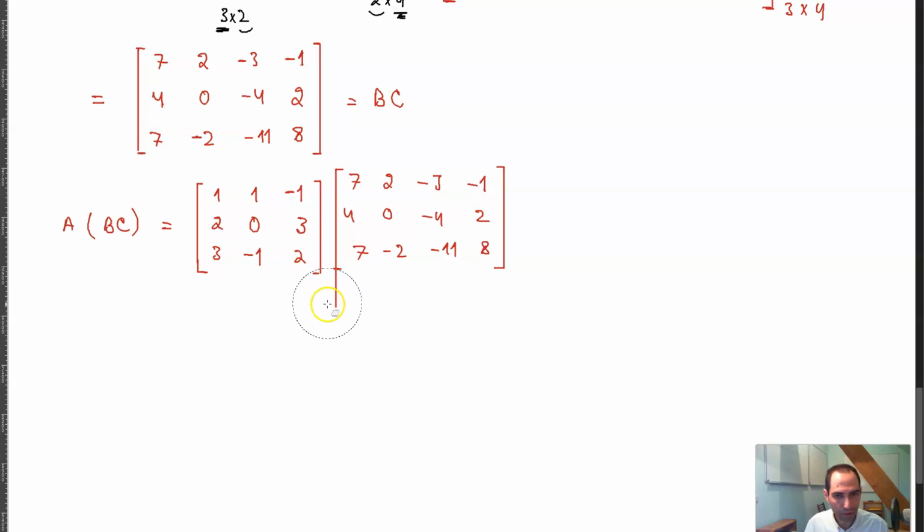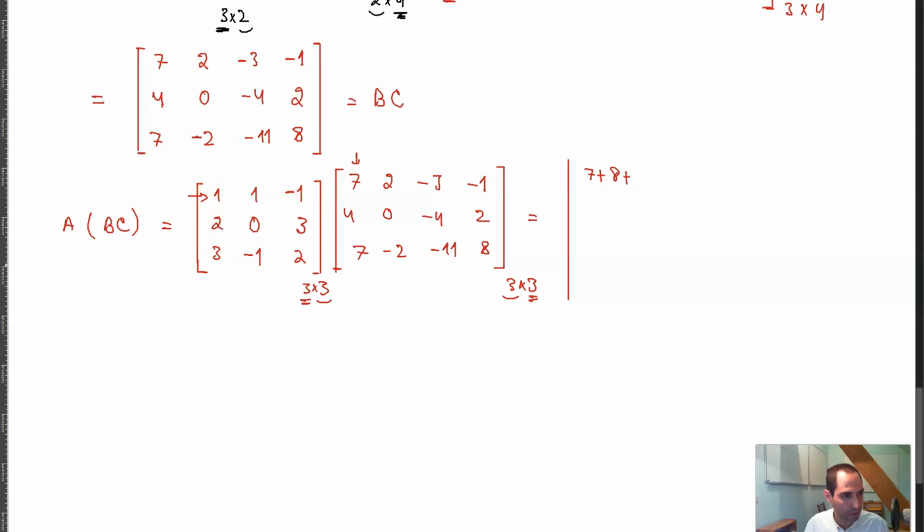Now this matrix is a 3 by 3 matrix. This is a 3 by 4 matrix. The multiplication is defined because these two numbers are equal, and you will get a 3 by 4 matrix. So I'm going to start with this row and this column, and you have 1 times 7 is equal to 7, and then 2 times 4 is equal to 8, and then you have